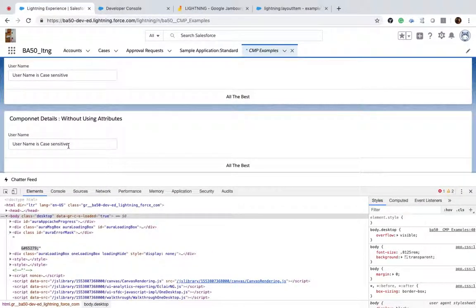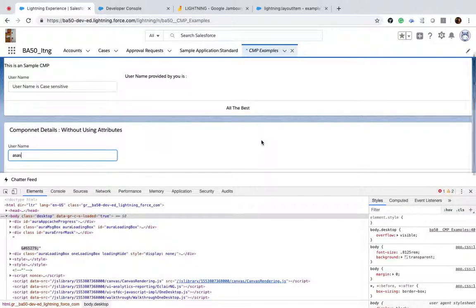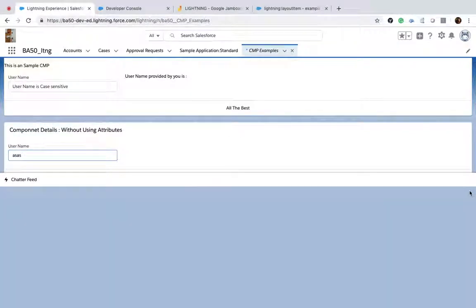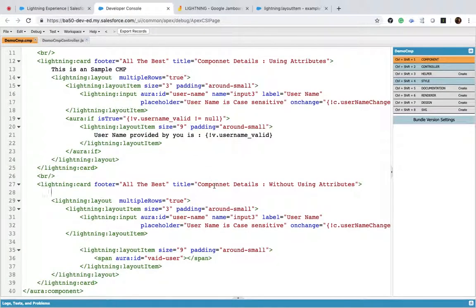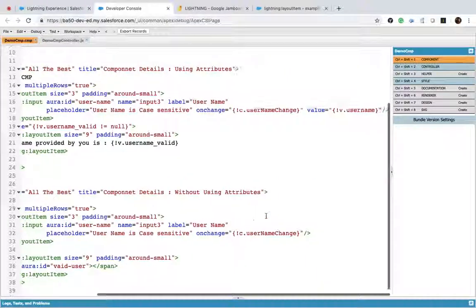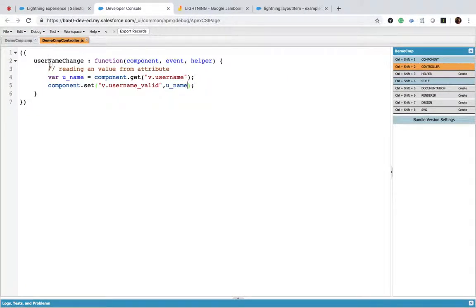So without using attribute, whatever I type here, it will need to update here. Now let's go back. Here on change, I am using username change. If I want to write another method, I need to use comma. We need to use comma. Function